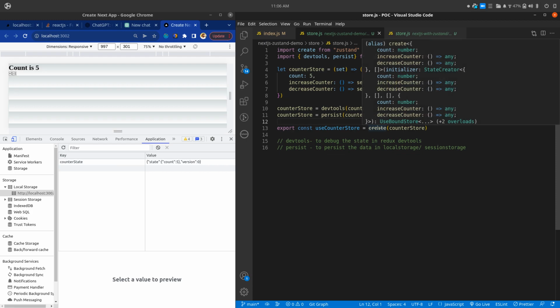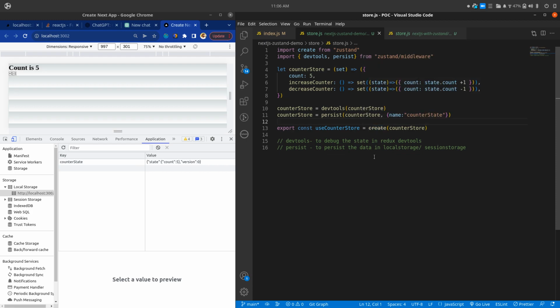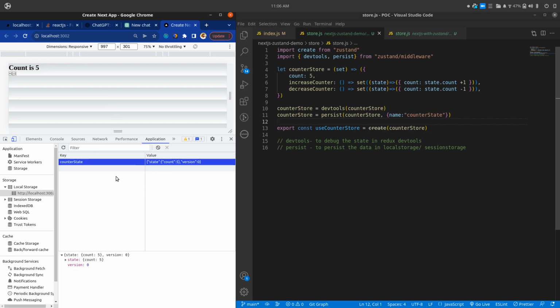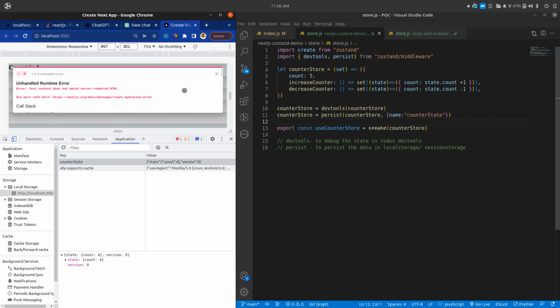Why is it showing create this counter store? Yeah, it's done. So let's try to refresh it. Yeah, we are able to see this counter store, right? State equal to 5 as soon as we have added it. So plus 1, it's been increasing, right? And now it's decreasing. Even if we refresh it, we are able to see our data. It's showing name equal to